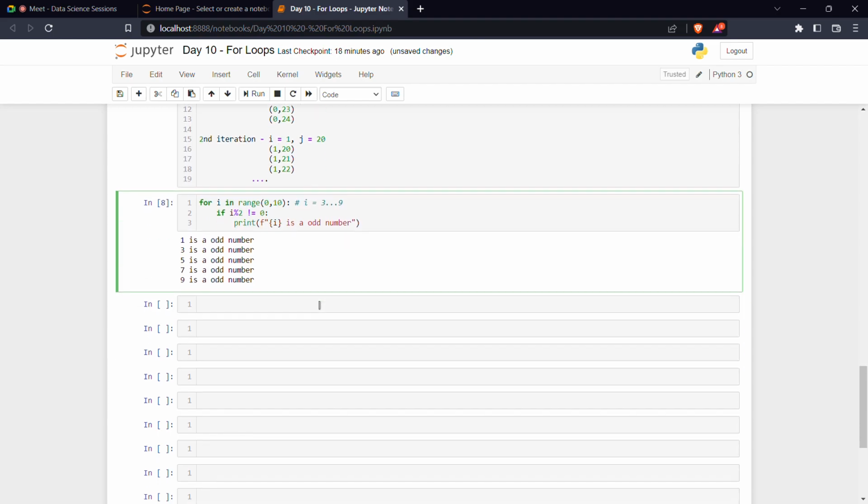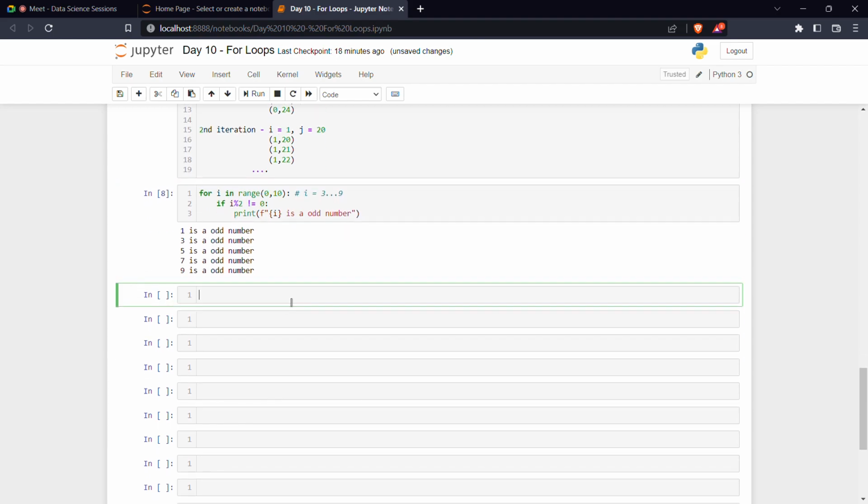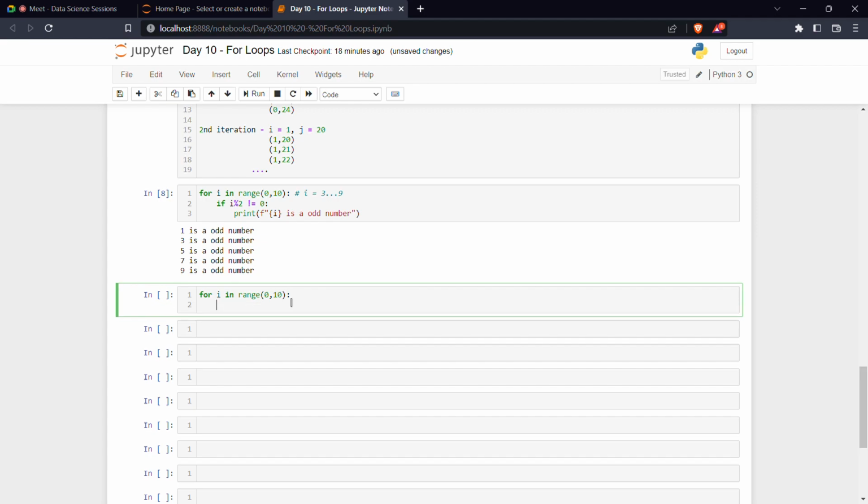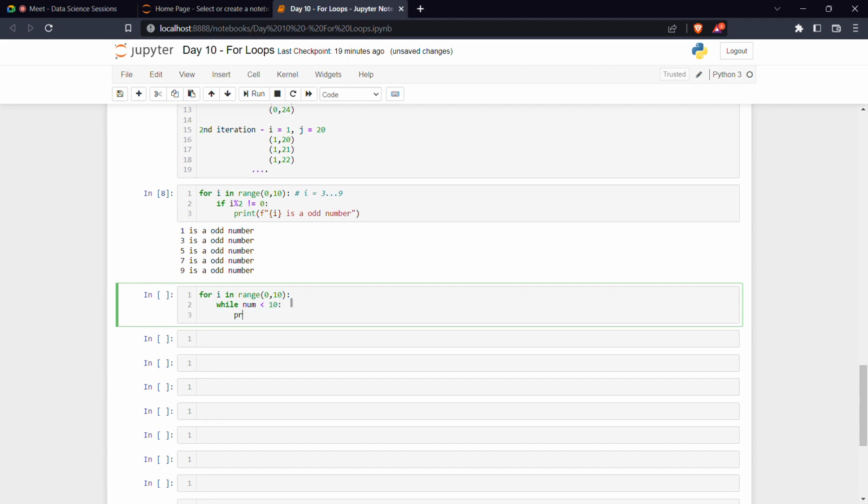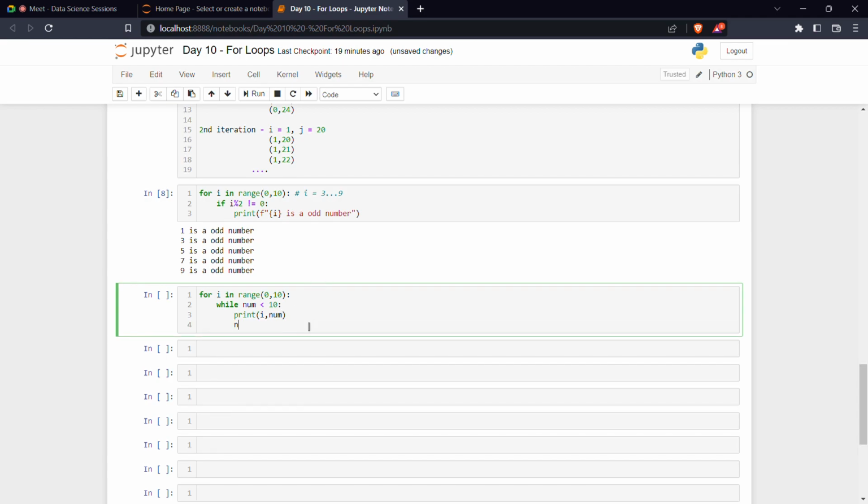Okay. The same way we can use while loop also, but let's do one thing for a while. For I in range of 0 to 10. Okay, and we need to make a while loop fail, right? So while condition should be failed, number less than 10. So print I comma number. Okay, so but we need to increment our number,